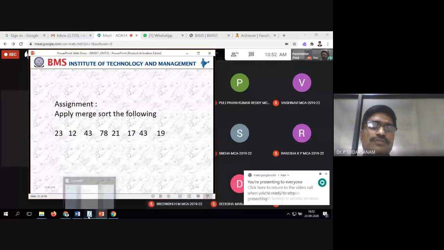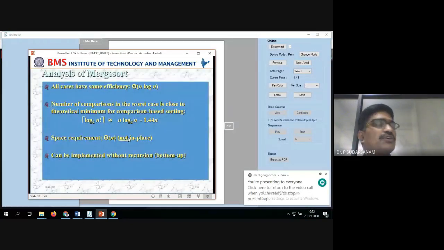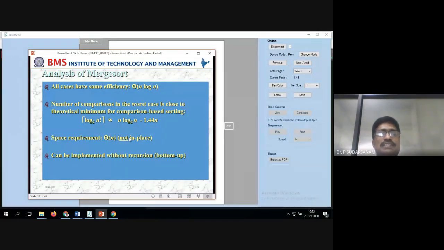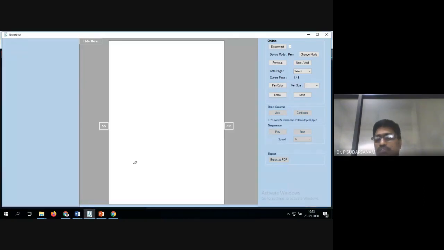So now you have done this, and we have to analyze the time complexities for the merge sort, in case of the same efficiencies, how it will be working for the merge sort. So now let us see the merge sort, how it will be working. We discussed the time complexities yesterday, and I'll write the equation because showing it is a bit difficult.